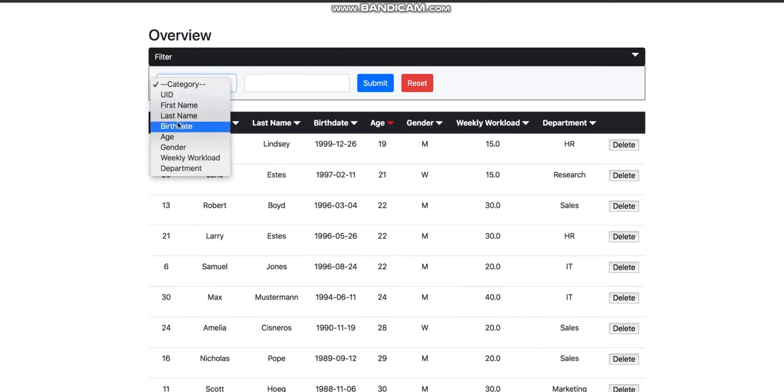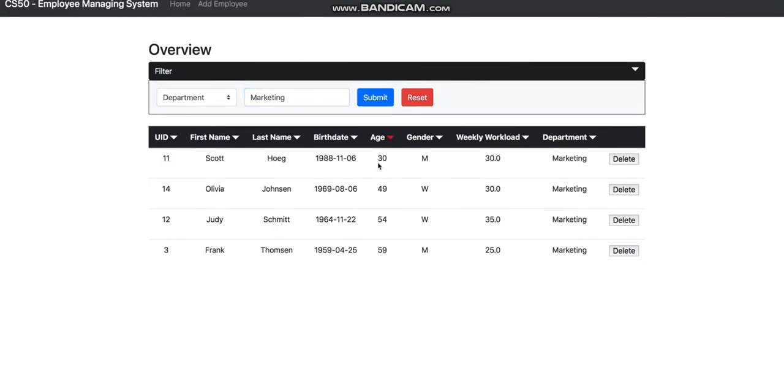filter the table. Let's say we want to display all people working in the marketing department. This filter is using a binary search algorithm, but I modified it in such a way that it